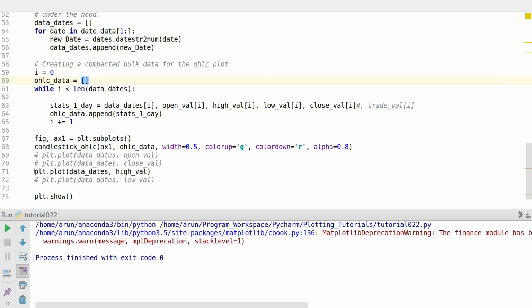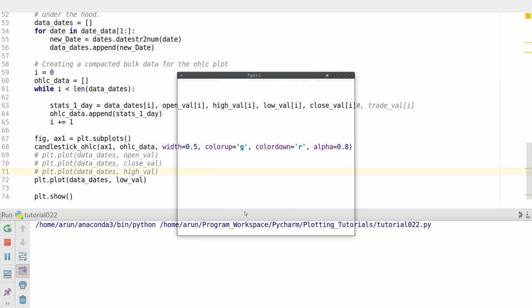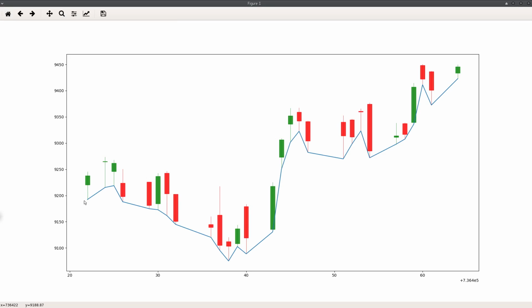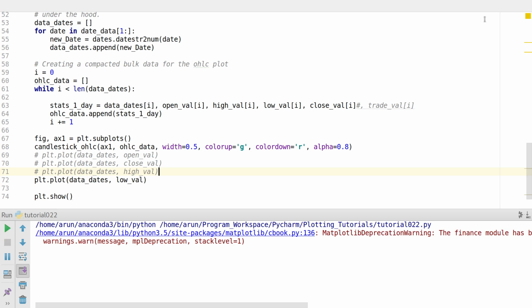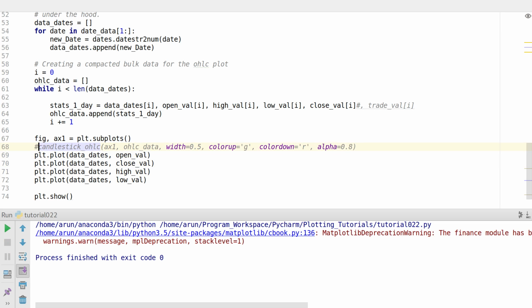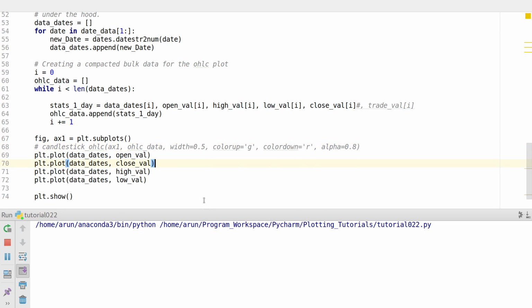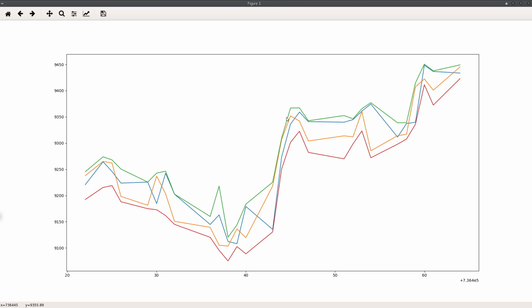And similarly, just for clarification, if you want to look at the lowest values, I can run this particular plot over here, and this will plot the lowest values it achieves. So just imagine, instead of having a candlestick plot like this, if I have some stock and I want to see the highest, lowest, opening value and closing value for each and every day, you'll get 4 plots like this, and